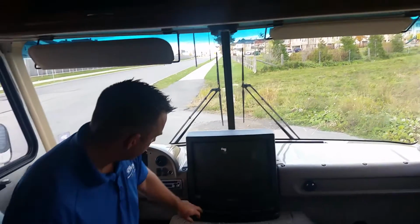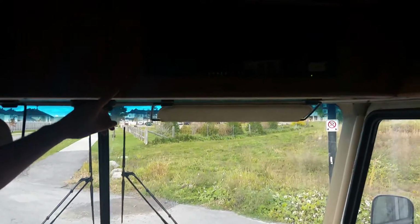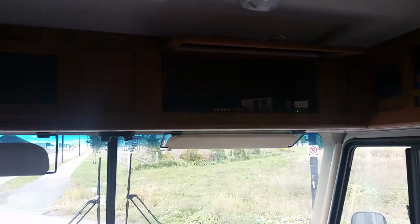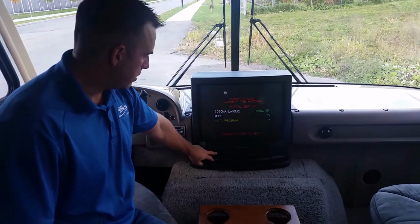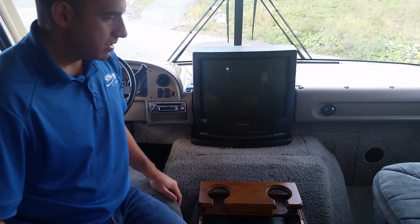And that is also hooked up directly to the TV. So if you wanted to use the TV, there is a DVD player above. You can bring it down, hook it up directly to the tube TV, and it'll run right off the truck battery. These seats swivel. So they're going to swivel all the way around and be able